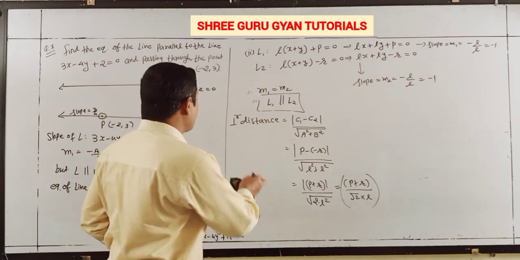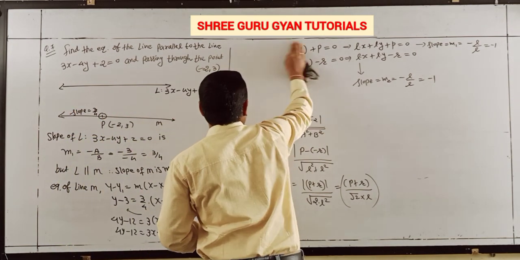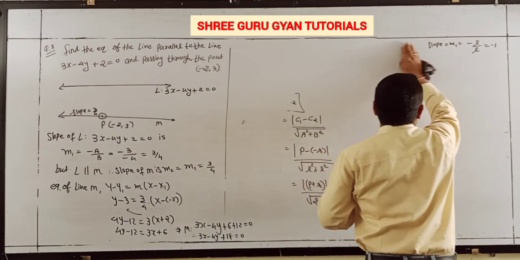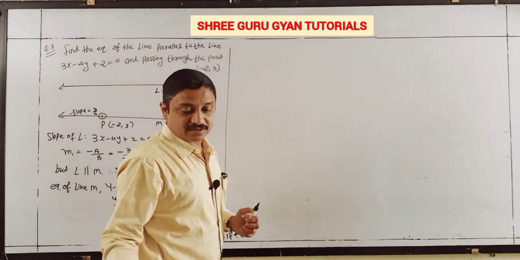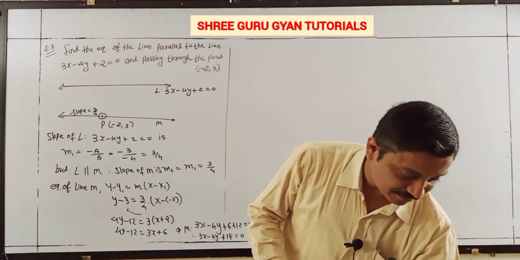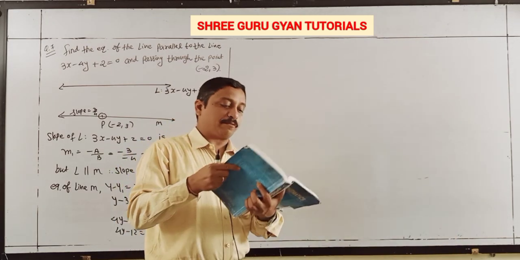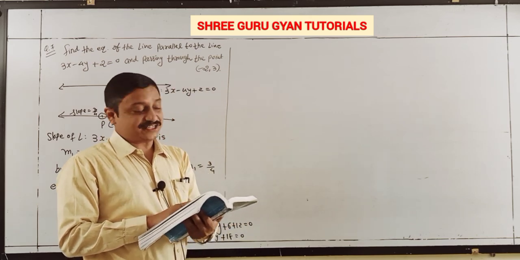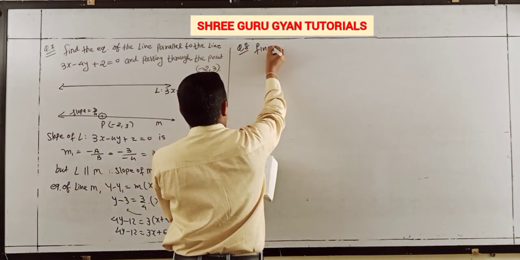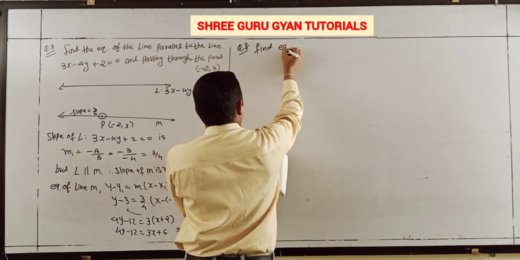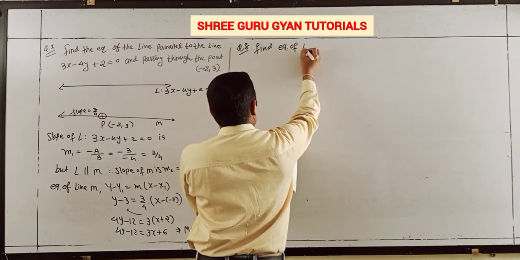Now I continue. Question number 8. Same concept, but now given the perpendicular concept. Find the equation of the line perpendicular to the given line, having x intercept 3. Find the equation of the line